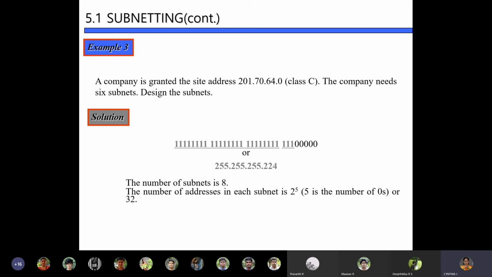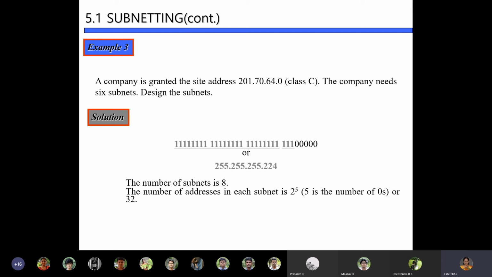So how do we go about it? I see the number of subnets. Based upon it, I allocate part of the host ID portion to the subnet ID portion. So here I have allocated 3 bits. The decimal equivalent of this, I call the subnet mask. The default subnet mask will be 255.255.255.0. Now with allocation of 6 subnets, the subnet mask is 255.255.255.224.